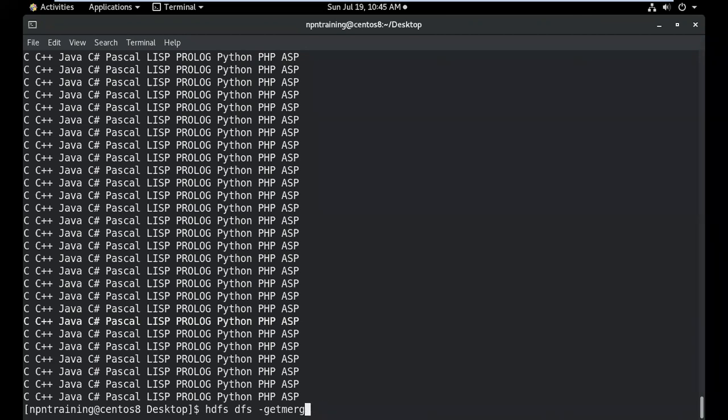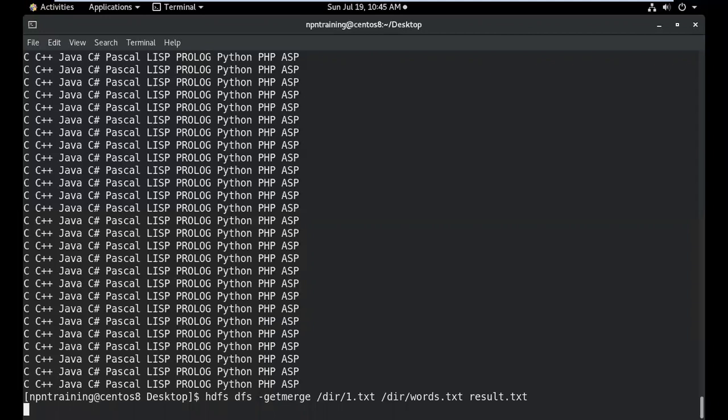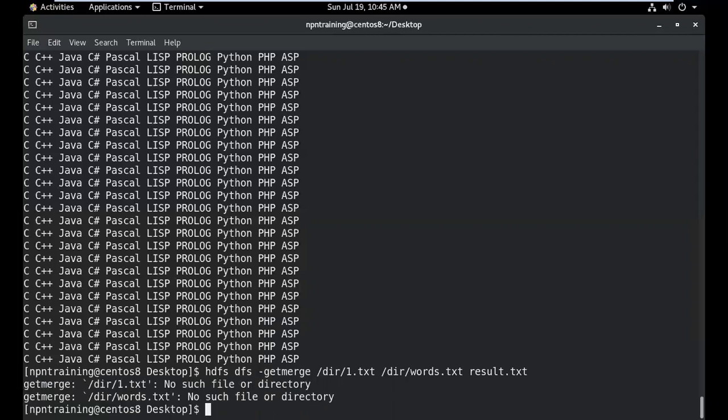Any single question before I proceed? Yeah, Santosh, go ahead. So if I have 3 files and I want to merge 2 files... I think you can specify the path. For example, just try this out, Santosh, getmerge. I think you can give the content of the file like this. Try this, it should work. Clear, Santosh? Just try this one. Let me execute this. If this command goes through, then it works.